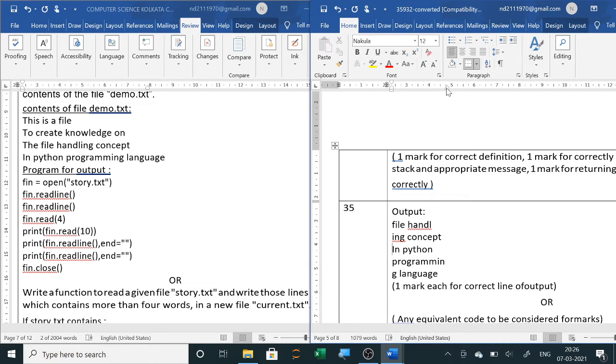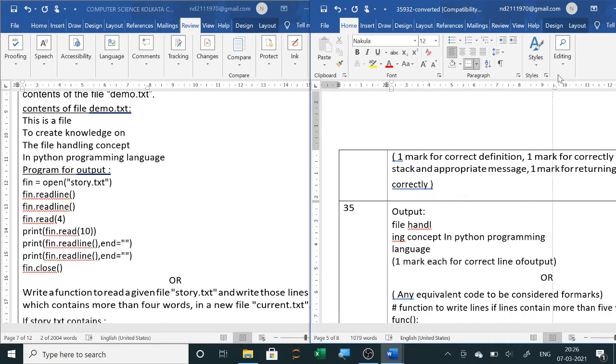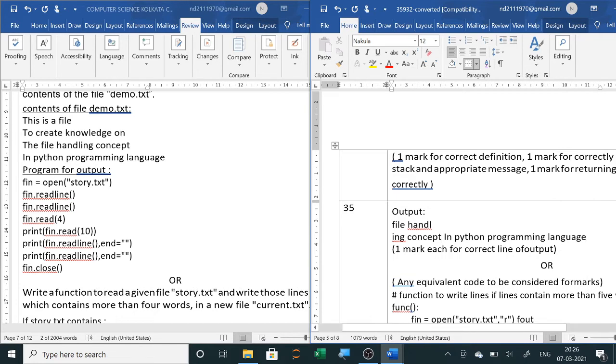Now ing concept, then it remains, because end equals to quotes is used, it will remain in the same line and it will print in Python programming language. Now it is correct. So this is your output: File handle, the next line will be ing concept, and end means it will remain. So this is the output of this program.